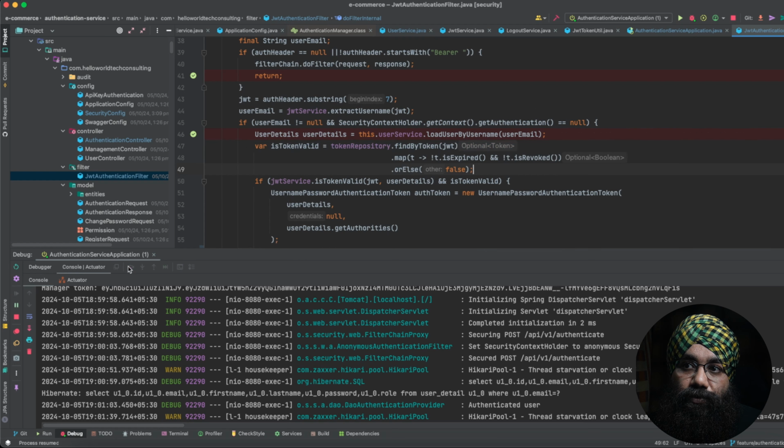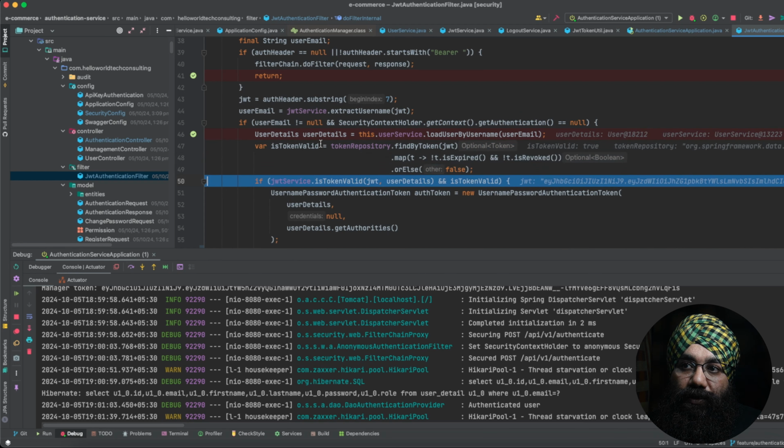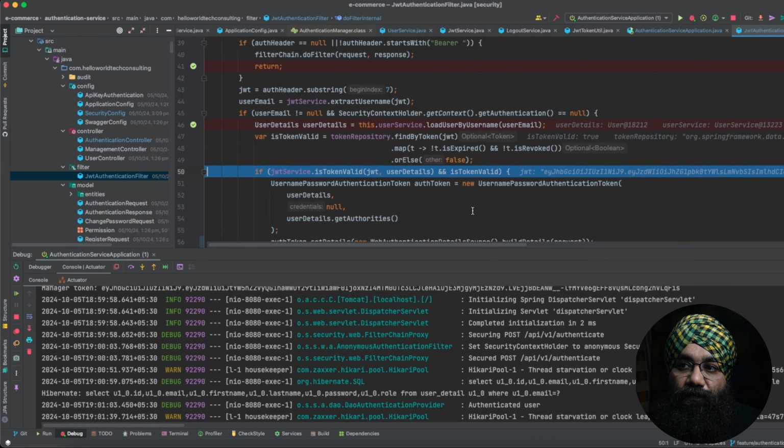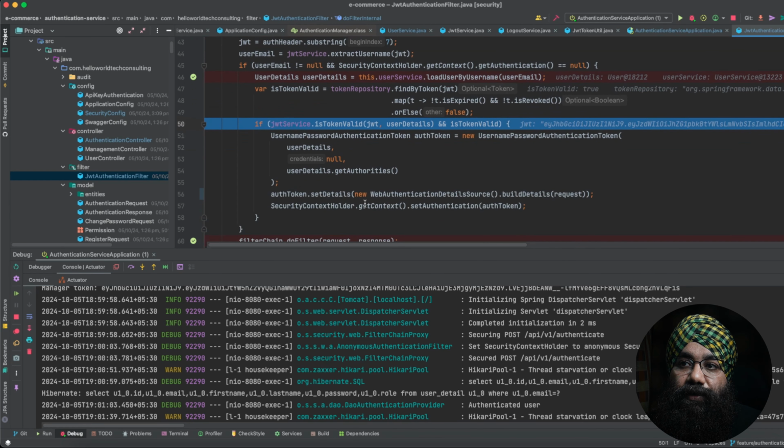Things like this we will do. So we find that it is neither expired nor revoked, so this variable has to be true. Okay, so if the token is valid, then we will create